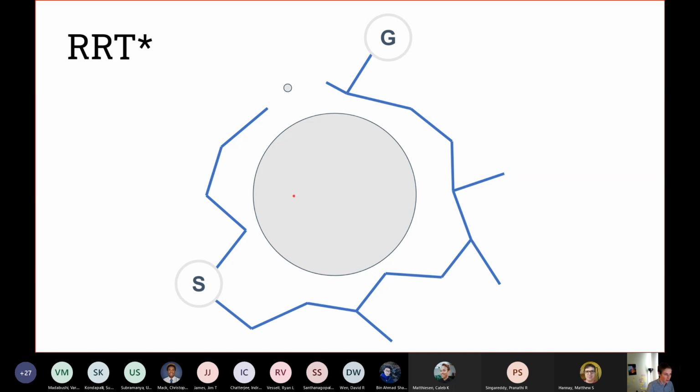We're going to sample a point, right? We're going to look around that point in a certain ball or radius, right? And instead of trying to connect to only one point, only the nearest point, like we do in regular RRT, we're going to try to connect to every point in that radius, right? And then we're going to pick the shortest, pick the nearest,